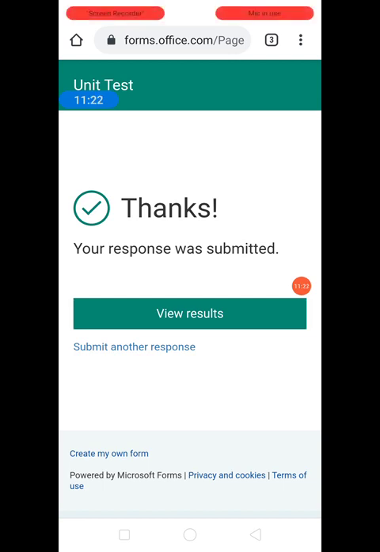So please make sure that you finish your paper on time, so that you have a spare of 10 to 15 minutes for uploading. Try to finish the paper early. If it is a 40 minute paper from 9 to 9:40, finish it by 9:25, so that you have sufficient time, 15 minutes